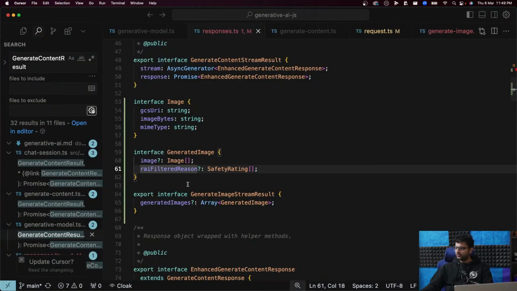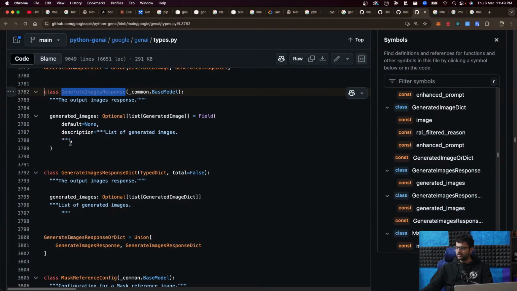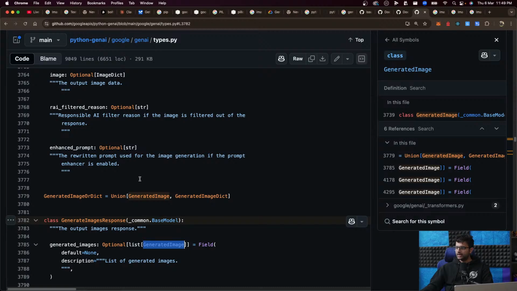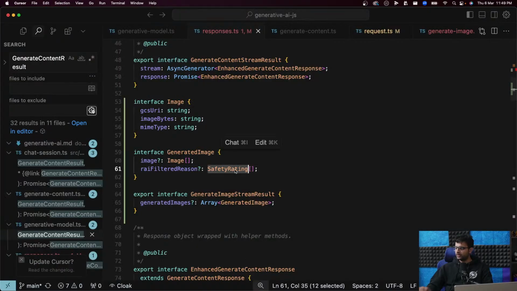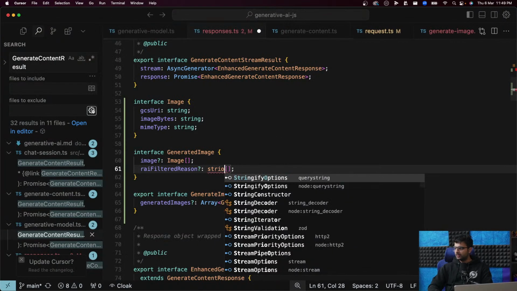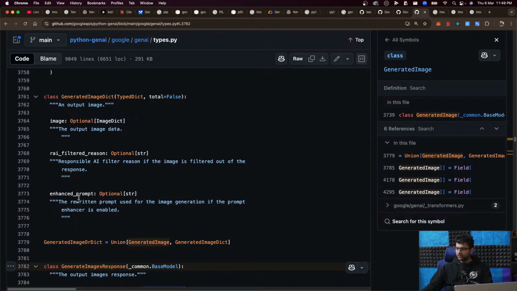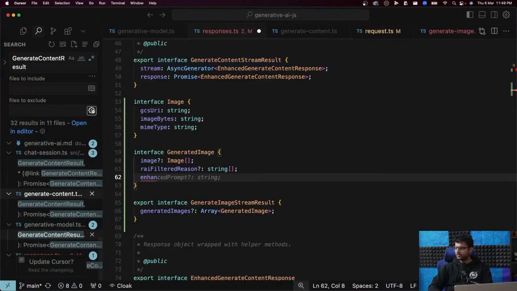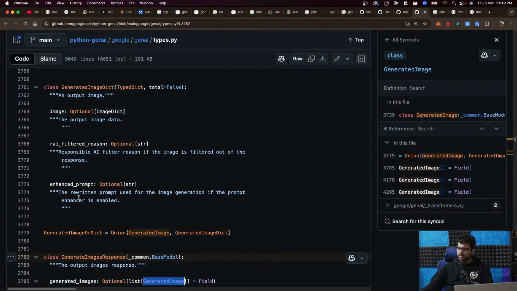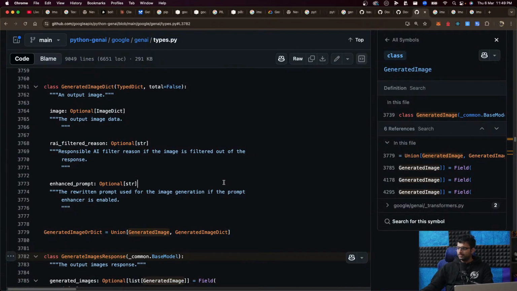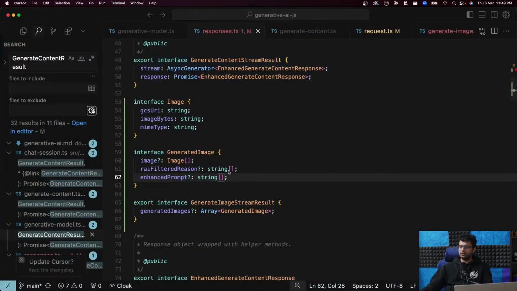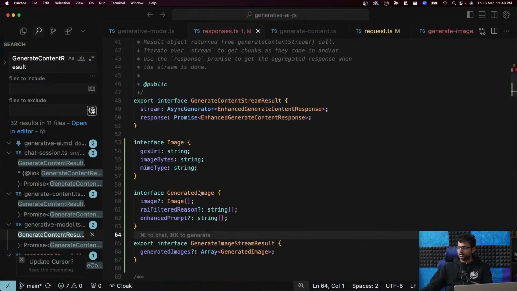GeneratedImages, array of GeneratedImage, which is image, array of filtered reasons, and that's an optional string array. And the third one, which is enhanced prompt, which is an optional string array. Cool. I guess for every string there's an enhanced prompt. Perfect. That looks good. These types are fine.